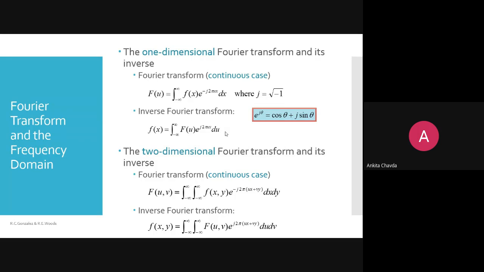And if we talk about the phase angle, then e raised to j theta equals cos theta plus j sin theta. This is already given, right? How it comes about and all, you can check in the book. They've directly given these formulas, right? So we also have the same.